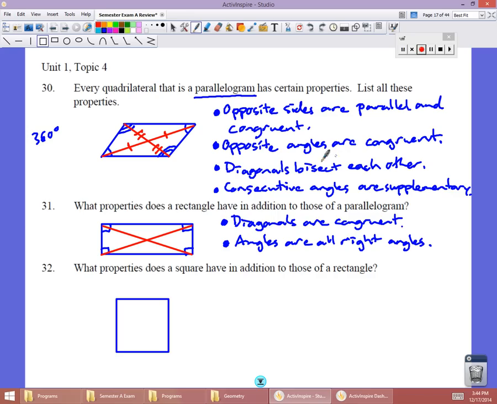The opposite angles are still congruent. The diagonals still bisect each other. The consecutive angles are still supplementary. The diagonals are all going to be congruent, and the angles are all right angles. So what other things can we add on here? Well, with a square, not only are the opposite sides congruent, but actually all the sides are congruent. Alright, and so we would want to write all sides